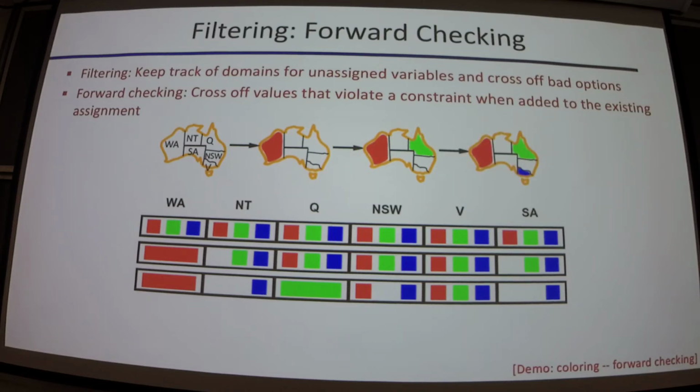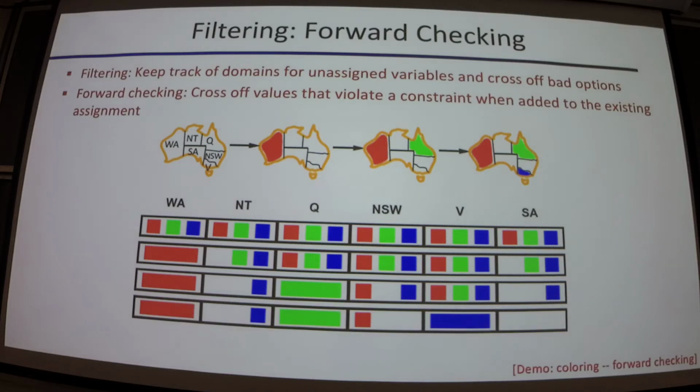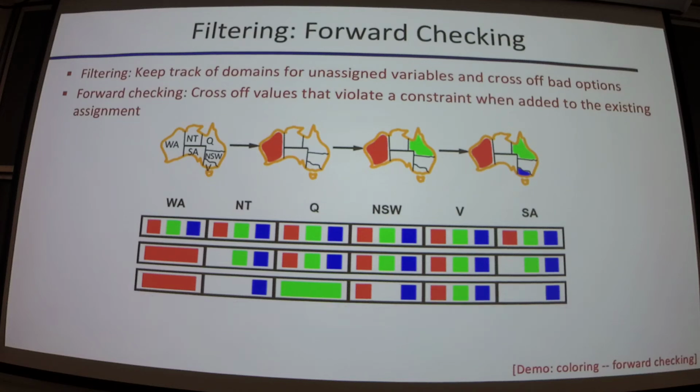Then maybe we assign, sorry, that was Queensland, wasn't it? I said V, but what's V, Victoria? Yeah, Victoria. Awesome. Sorry if there are Australians in here and I'm ruining the geography of the country. So then we assign V, right? Well, we had a problem already here, right? What's the problem here?